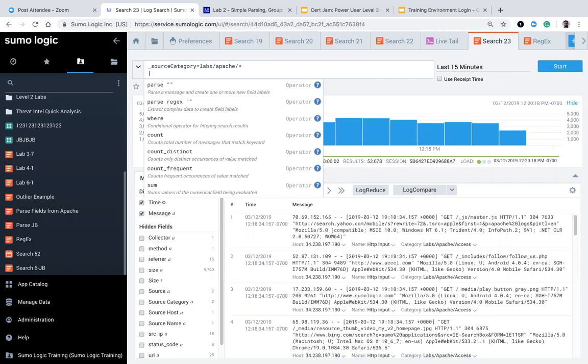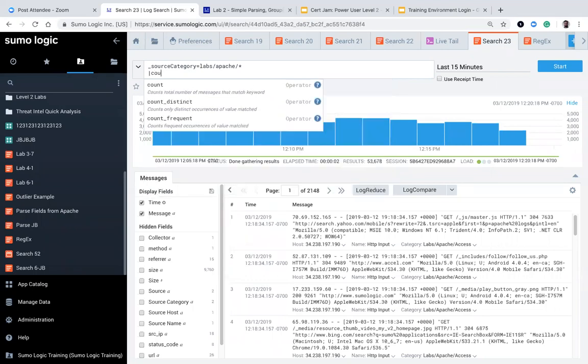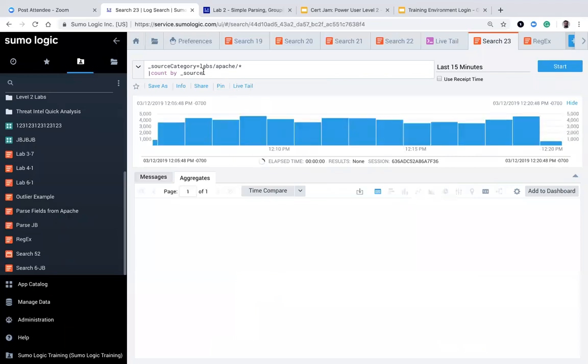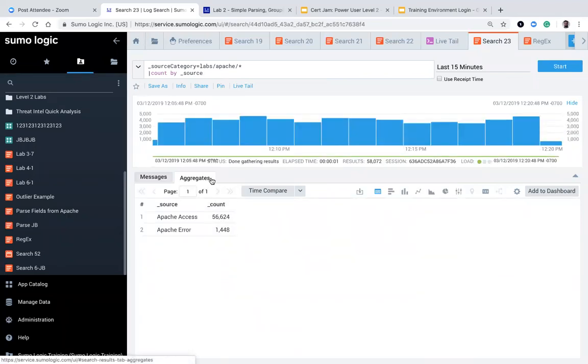And then what do we want to do? We want to count by source. So the syntax for it rather is pretty straightforward. Count by source. When we do this, when we click start, we're going to be getting a new section or